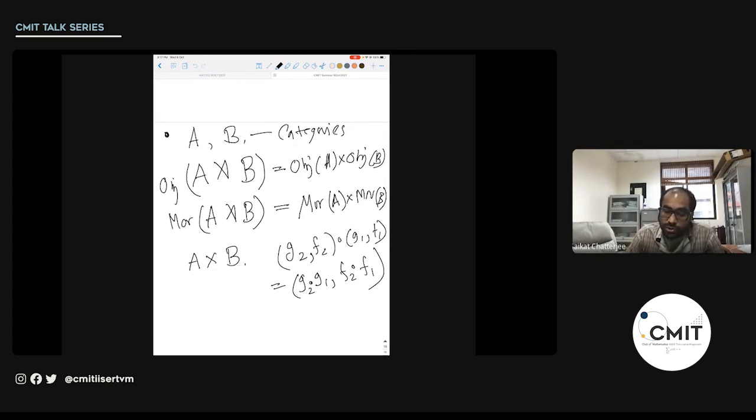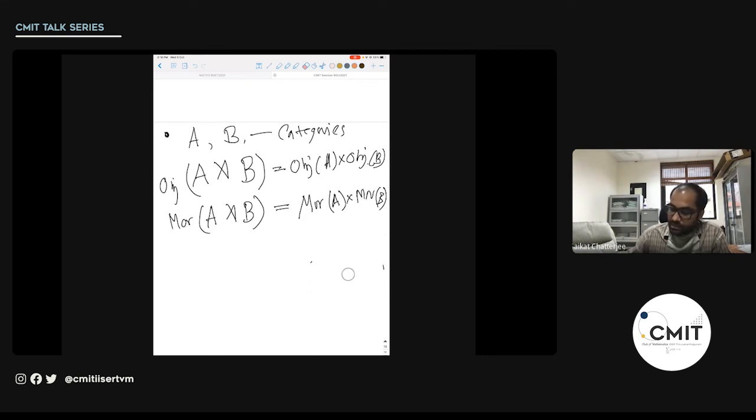What I want to do is keep the object set of this new category the same as the direct product, and similarly for the morphism set as well. But during composition, I want to give a twist. So object set and morphism set both remain the same as the direct product category, but when you do the composition, instead of directly taking this product,